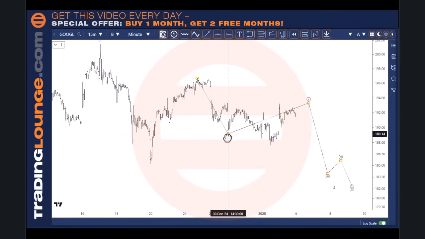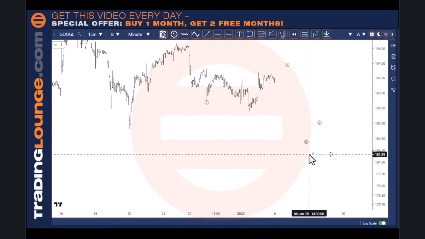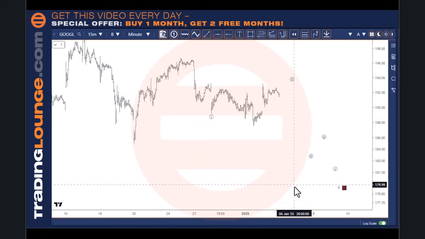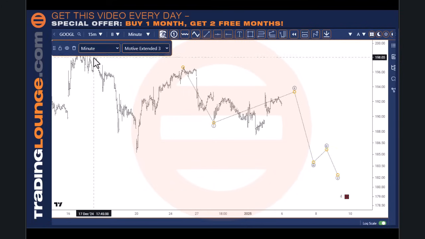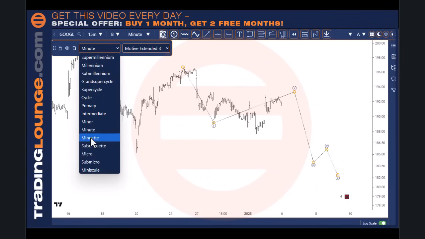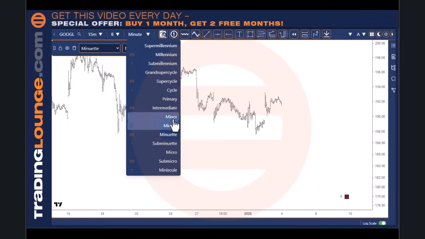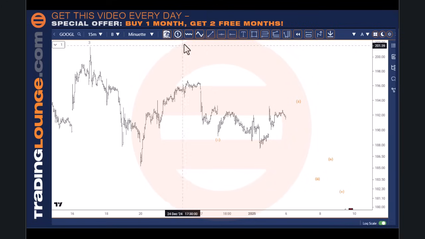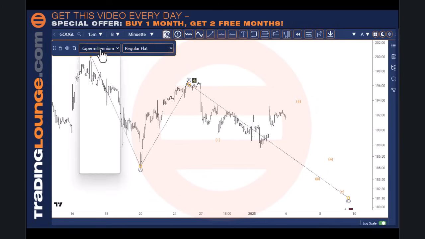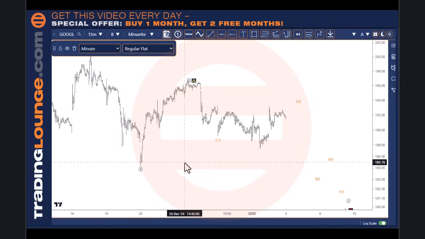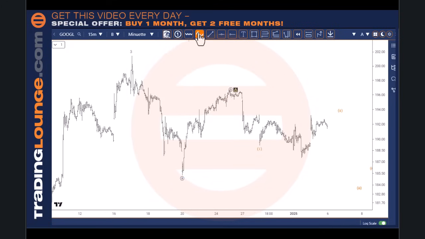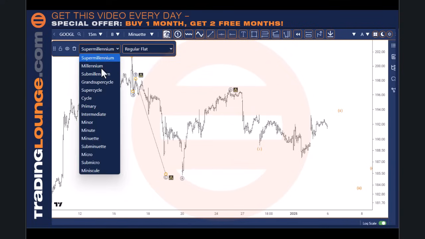So yeah, there's a bit of a conundrum here on this. So we'll just see how it goes. Actually, that needs to go down another degree here as well. This one, and then that's going to disappear from there, so I'll need to put that there, and then we can have a look at this here as the A, the B, and the C wave. And if I'd done that right, I wouldn't need to change this here, but such is life. And we could also put this down here as the little A, B, and C wave as well. Probably not the case, but